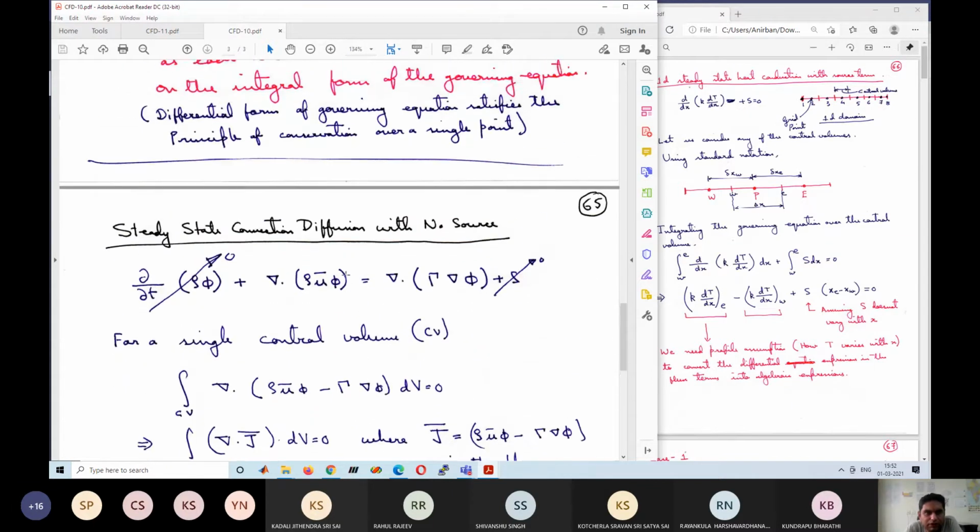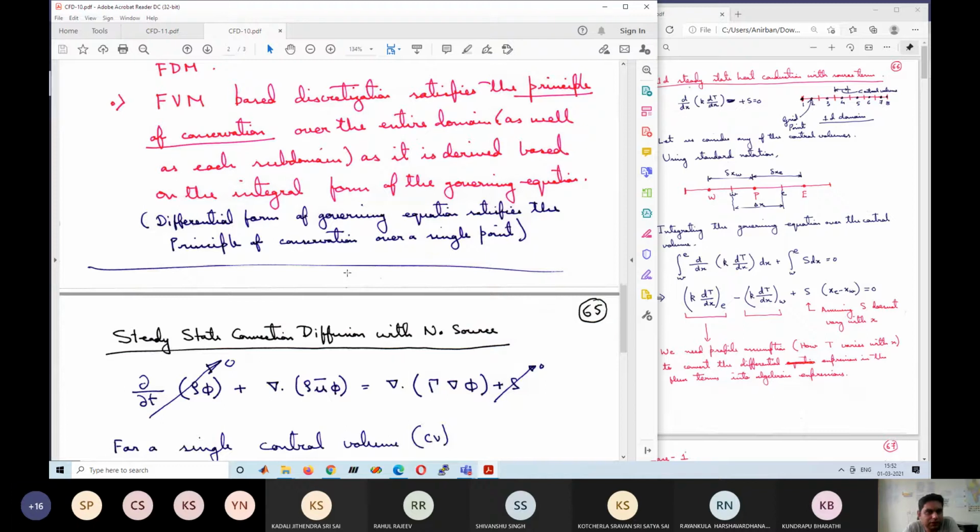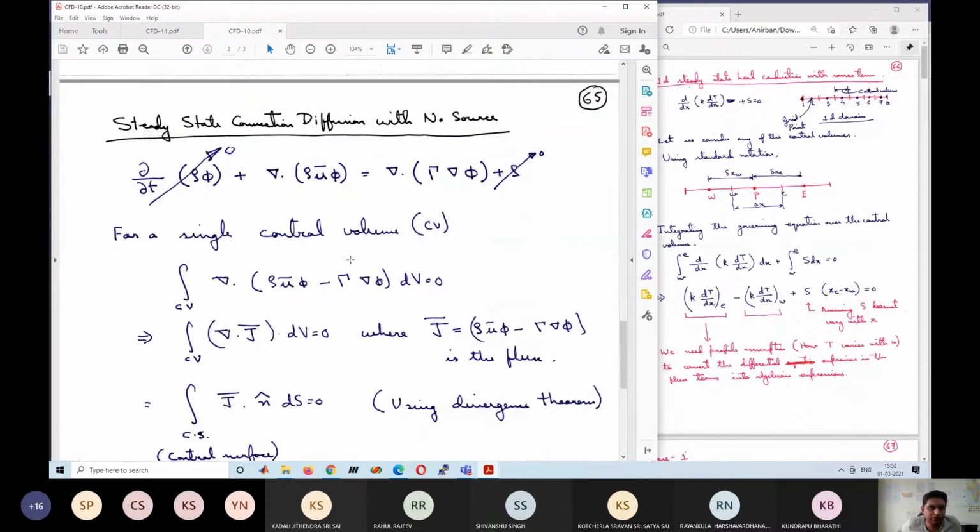So up to this point we had studied in the previous class. What we are going to do is see for a general case how the finite volume method works, and then we will go into some typical examples. Starting with 1D conduction problem, then 1D conduction with source term, transient 1D conduction, then conduction plus convection, and finally full convection problem. Over the rest of the course, we will go like this.